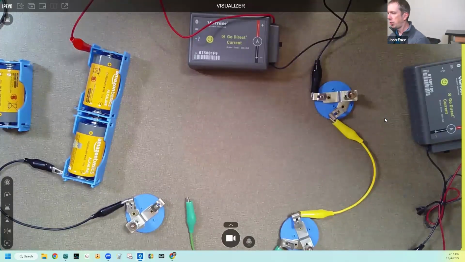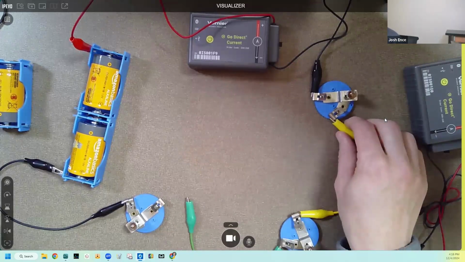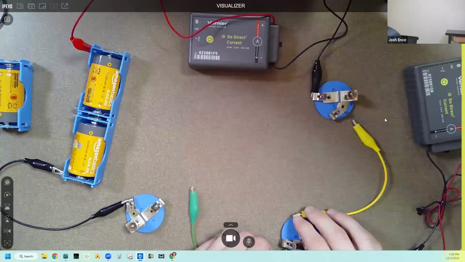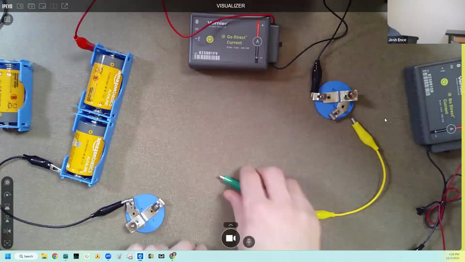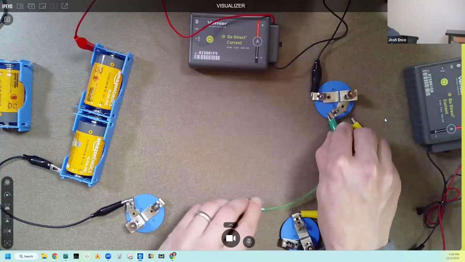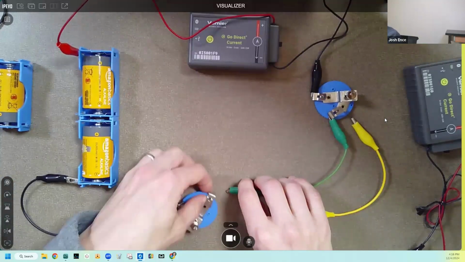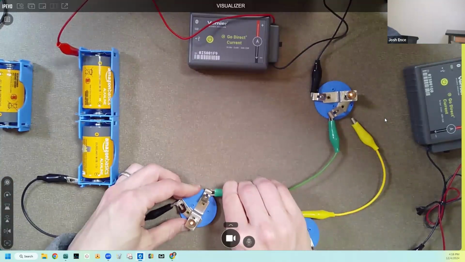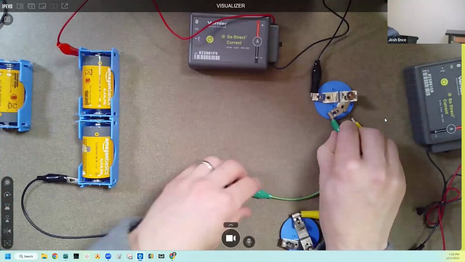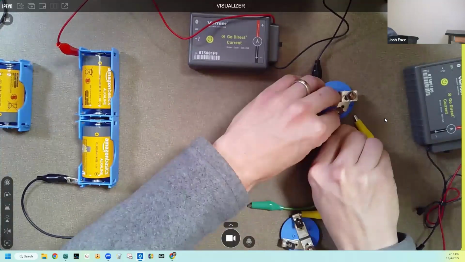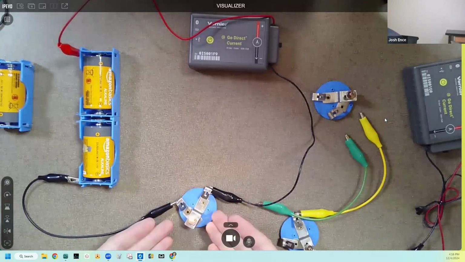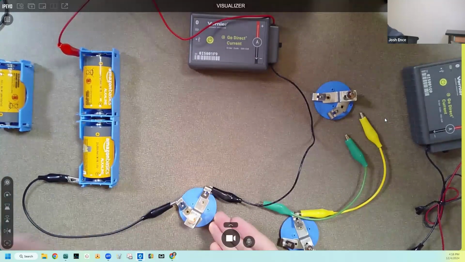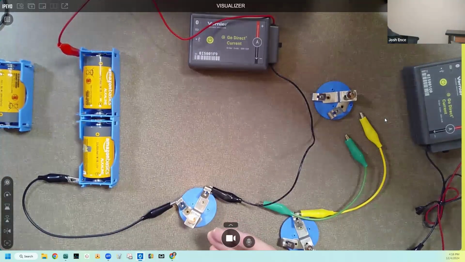And if you were to do this activity with students, typically what you would do is you would just say, okay, I'm going to start off with just one bulb. I've got my batteries, I've got my current, so my voltage probe, and I'm just going to connect one bulb in here, and that's going to light up. I know that my current probe is just going to measure the current through my single light bulb, because that's the only option I've got.